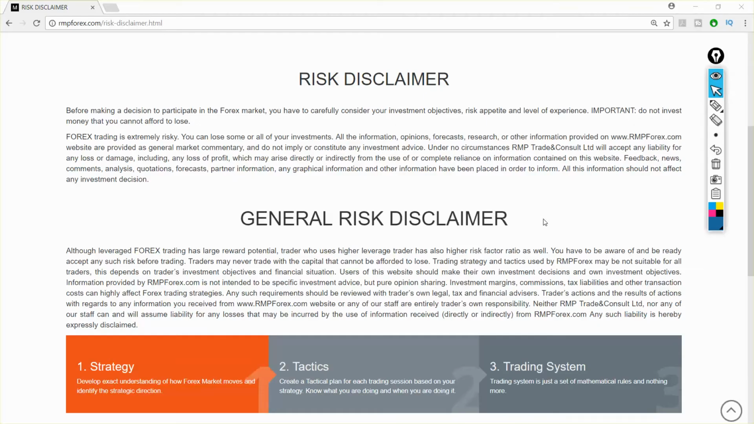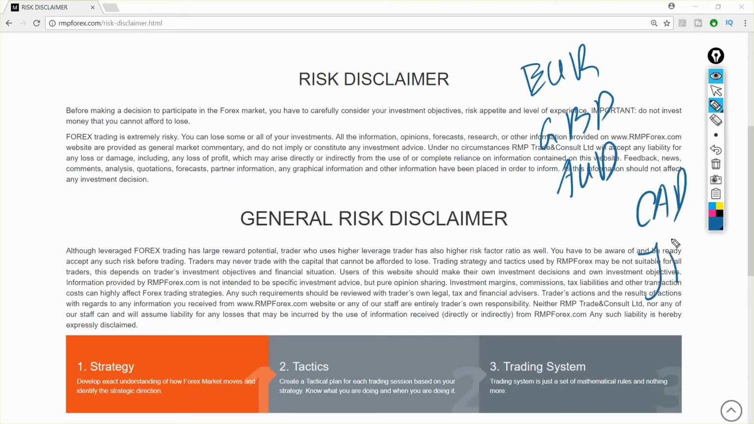Welcome to the weekly review of 5 major forex pairs. As every weekend, I will take a look at EURUSD, British Pound, Australian Dollar, Canadian Dollar, and Japanese Yen against